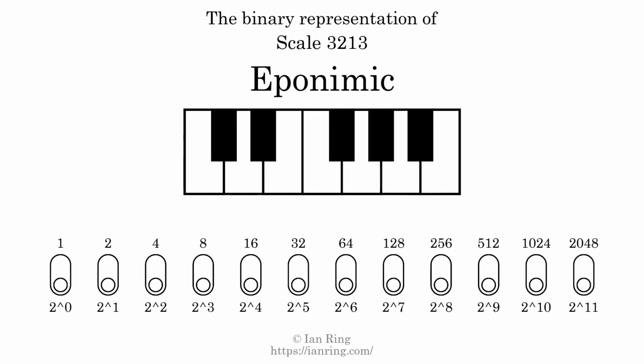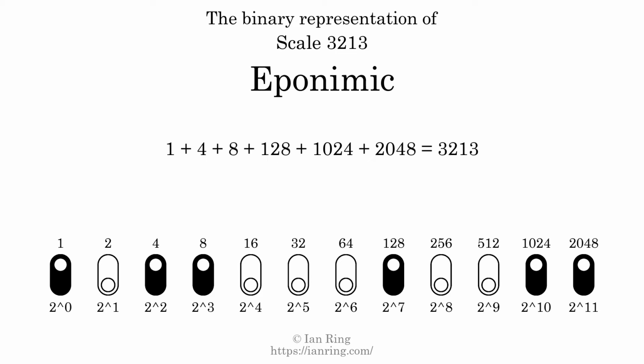The binary representation of this scale is determined by mapping tones of the scale to binary digits. Each binary digit represents a power of 2. To get the scale number, we add the powers of 2 together. The powers of 2 that are present in the scale, all added together, equals 3213. That is why the scale number, in decimal, is